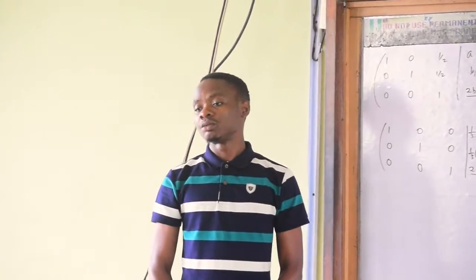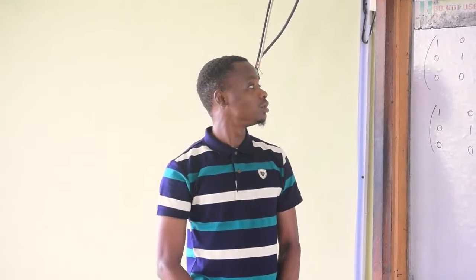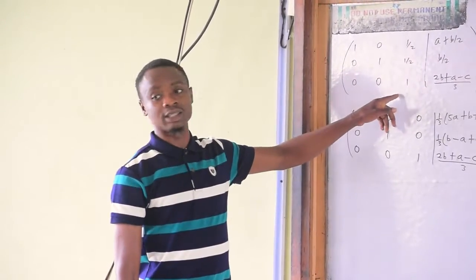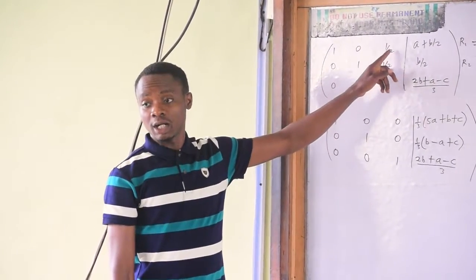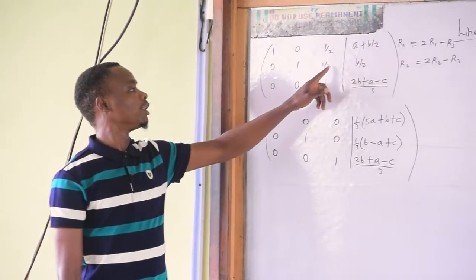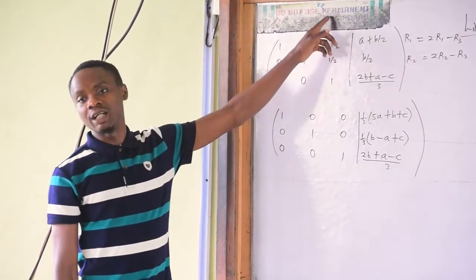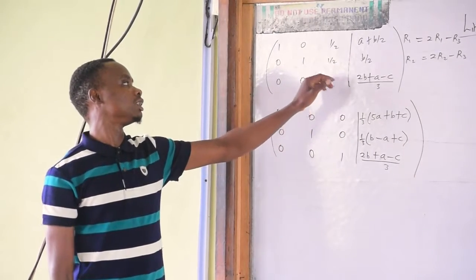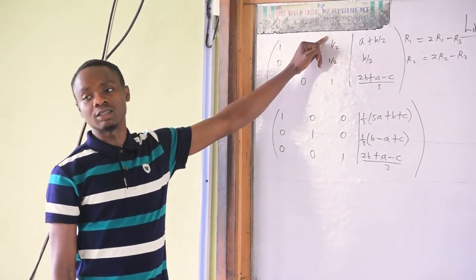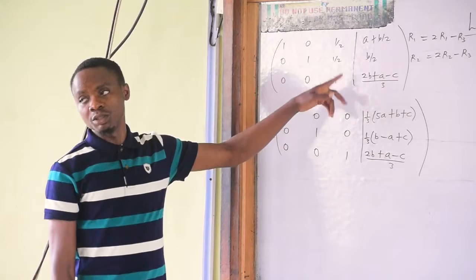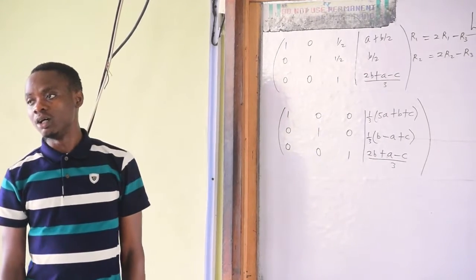Yes. What's the issue? What do you think you're meant to do? When you make this become zero, focus. I'll make this become zero. You know that? When you start this class, when this is 1, you have to make every other thing in this column become zero. And to do that, you have to use this result. And you have to use arrows to clear off the others. You understand that? But to make this become zero, when you multiply this by 2, it becomes 1. And you subtract this one from it, it becomes zero. You understand that? And the R1 equals 2R1